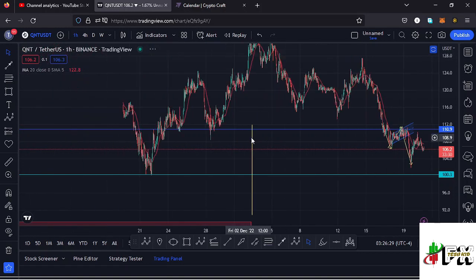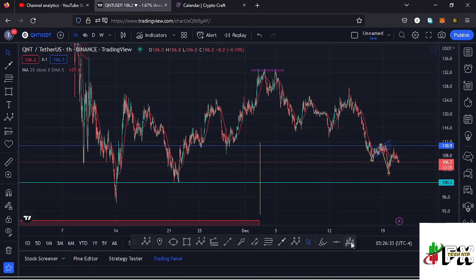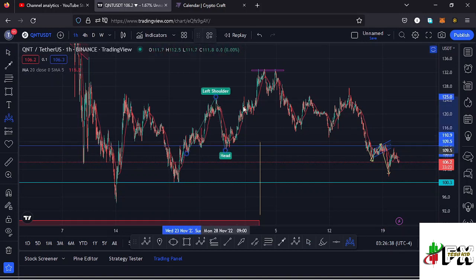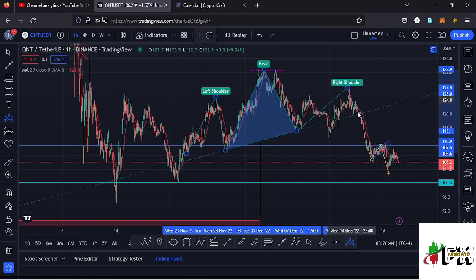And getting to the other chart pattern that we have information on here on the 1-hour chart, which is a head and shoulders pattern, we can have these as the left shoulder of that head and shoulders pattern. Then we have seen the head, we have also seen the formation of the neckline, and also the right shoulder, which is right here. And there are chances that this move right here might be the start of that breakout to the lower side out of this chart pattern that I have right here, which is a head and shoulders